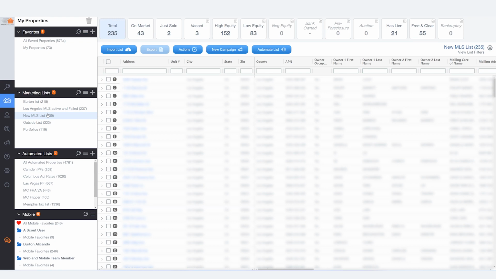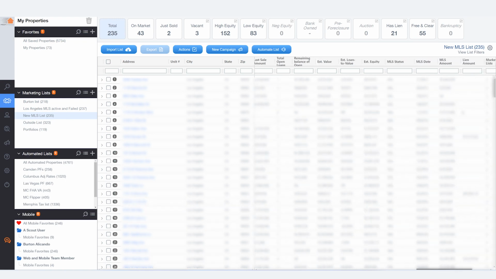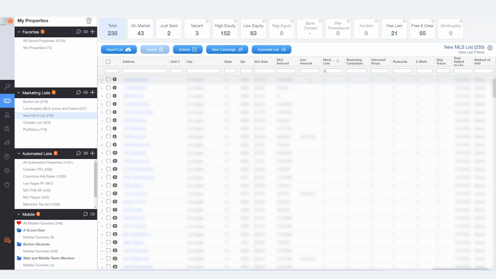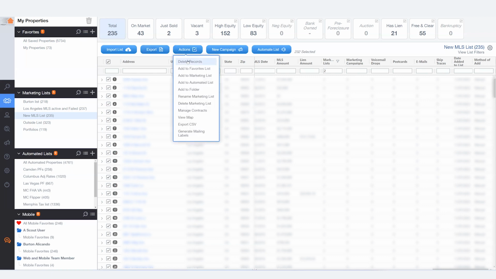Once you select your new list in My Properties, head over to the far right of your results and locate the marketing lists column. This will allow you to identify properties that are in 1, 2, or more lists. Now, because we know some of these addresses are in our older lists, we want to get rid of that. And so to do that, what I want to tell PropStream is show me properties that are in 2 lists or more. And once I've isolated all of those, I can now select them all, followed by actions, and deleting